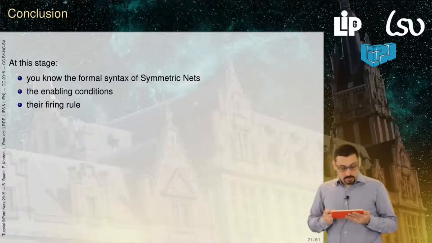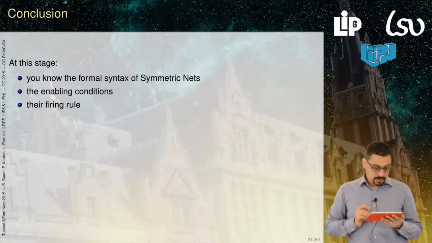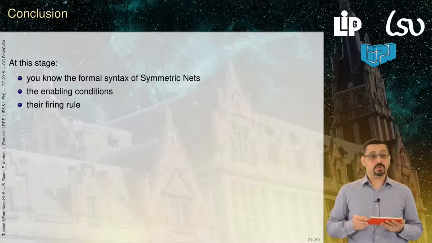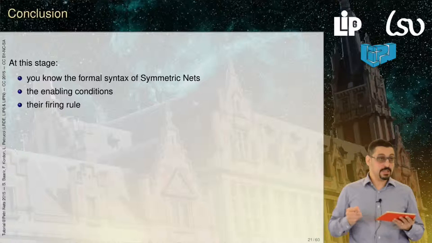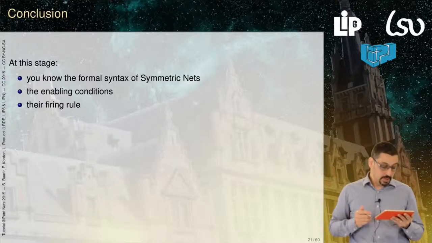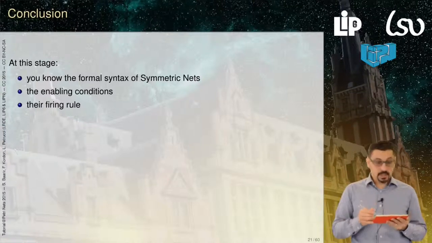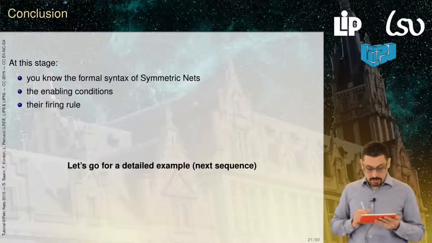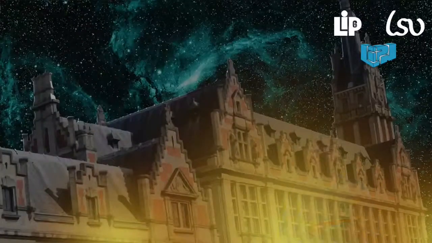To end my part here, I will do just a small sum up. So until this point, you have a small idea on the syntax and semantics of symmetric nets, the enabling condition, and the firing rule. So here we will go deeper on some small examples given by